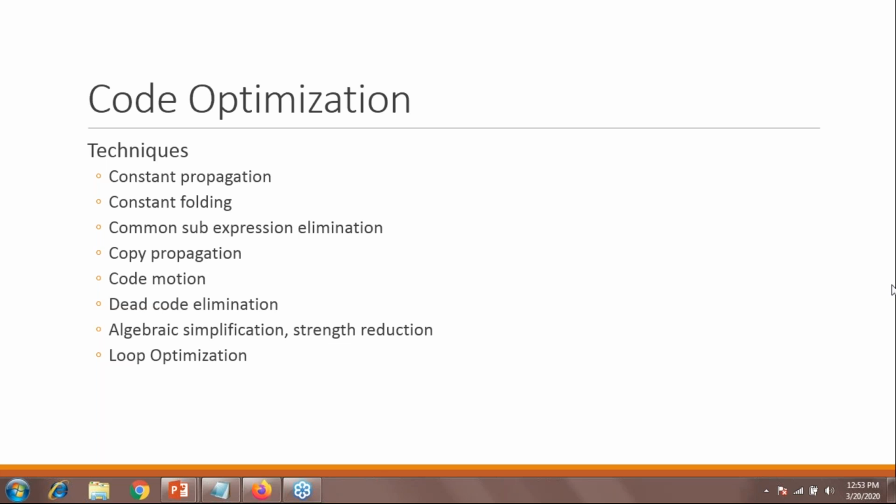Yes, Heli. Yes, we can say that synthesis phases are back-end processes. But if we look at the code optimization phase, our code optimization phase also comes under the synthesis as well as the back-end phase. I think I'm clear with your question. Heli, is it okay?